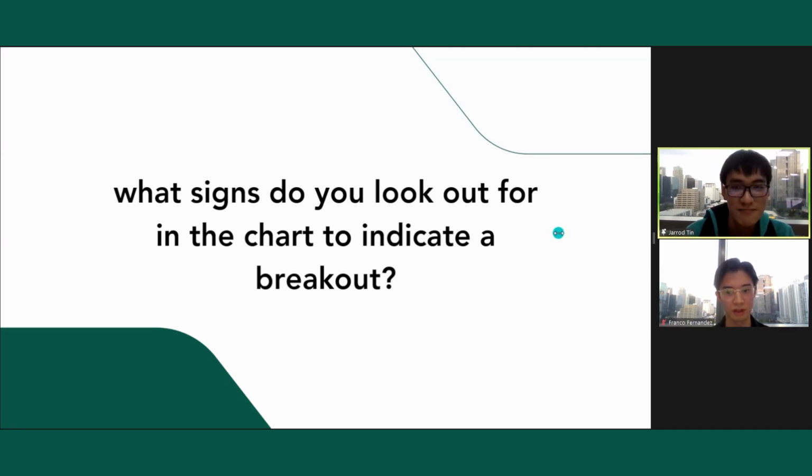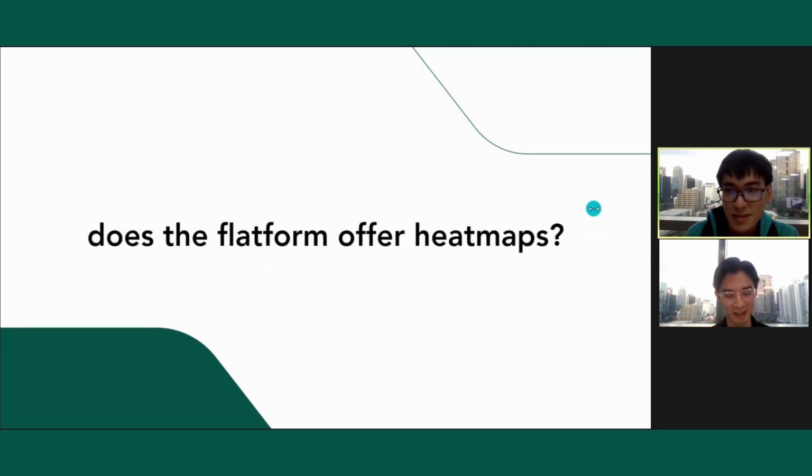How about you, Franco? I do the same thing as well. I wait for the price to really hover below the resistance level, and then there are also instances where it breaks out, and then I would create a trade plan and only execute it if it sustains throughout the day and there is significant volume. Then I have more conviction that that breakout is more likely to succeed. Okay. All right, that was a great question. Let's go to the next.